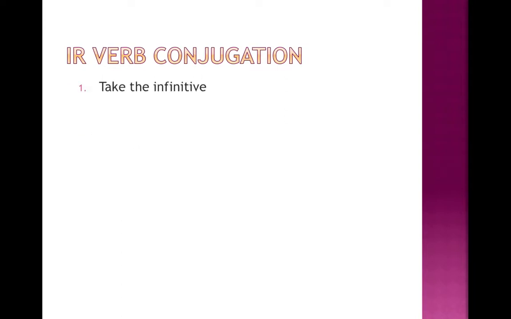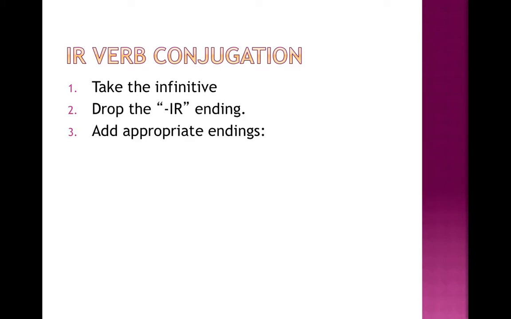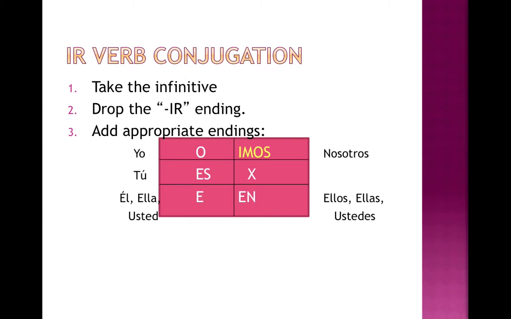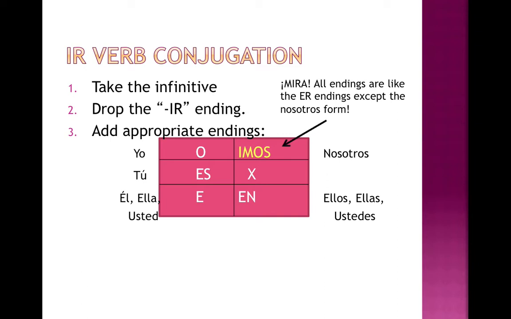Let's look at verbs that end in IR, like abrir. You're going to take off the IR ending, and then the endings are just like the ER endings, except the nosotros form has an I in it instead of an E. It is imos instead of emos. So if you don't want to write the box all over again, you could just draw a slash next to the nosotros, emos, and add imos, and that's the ER and IR endings. They're the same endings, except the nosotros form is different. It alternates depending on whether the verb ends in ER or IR.